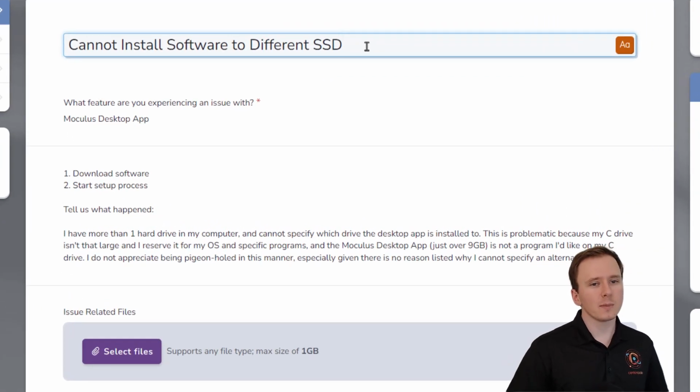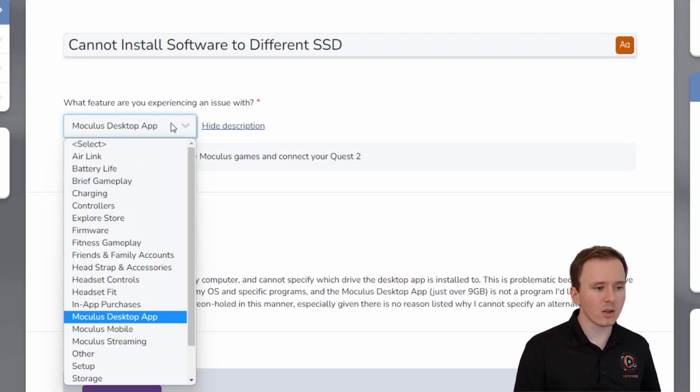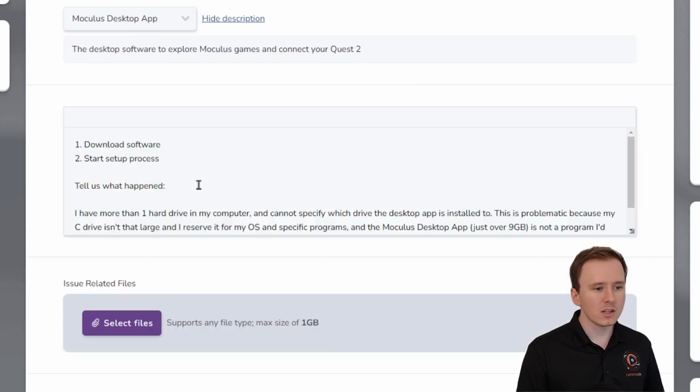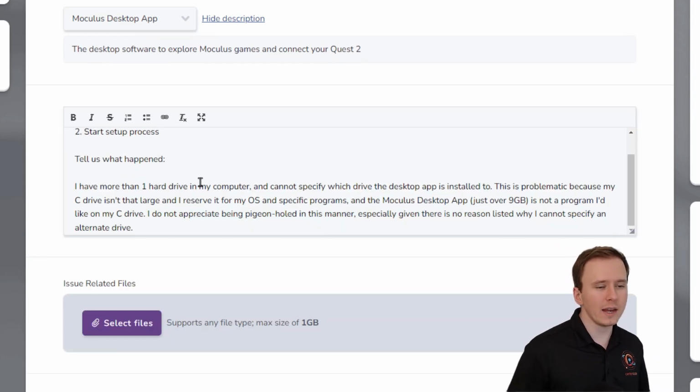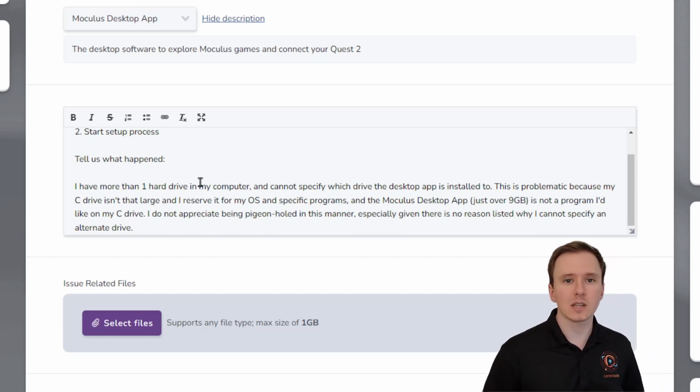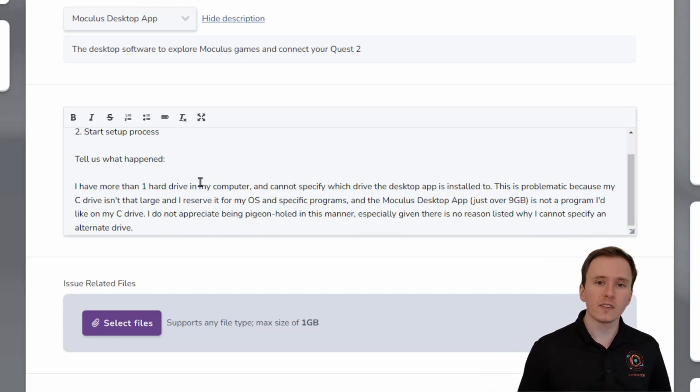And you can edit pretty much anything within a feedback item. So we can change the summary here. We can go ahead and also change which feature is associated with this feedback item. We can change the steps to reproduce. This is great if a tester has gone in and provided more context and more information on the issue they're experiencing. We can go ahead and update those steps to reproduce and some of the more of the information they've